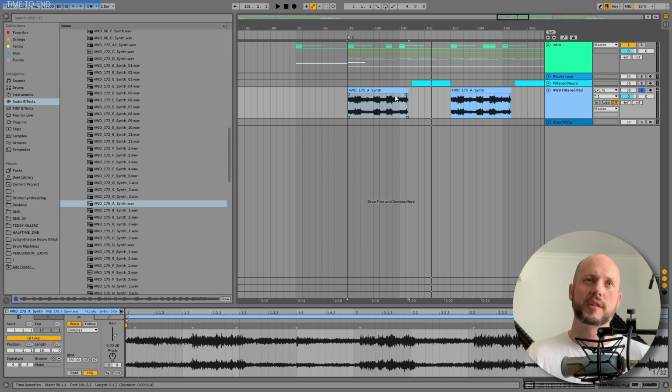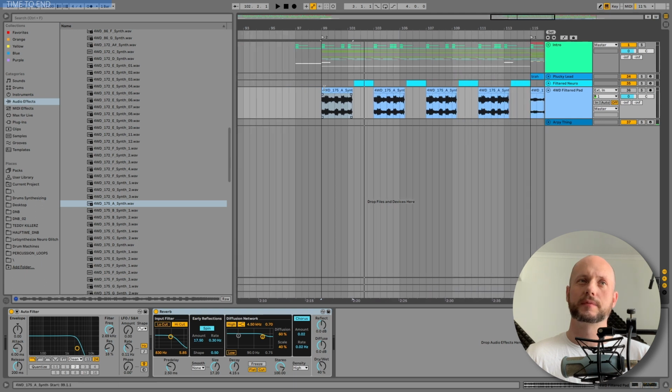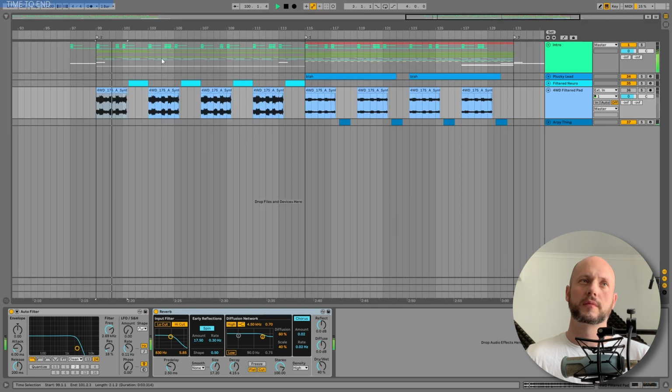Plus I had to put this into the key of the song, which is G. And I filtered the lows and added the reverb. And that is the main idea, I would say, that I used to build around the whole intro. So without that, it sounds a little empty. And in the blocky lead part,